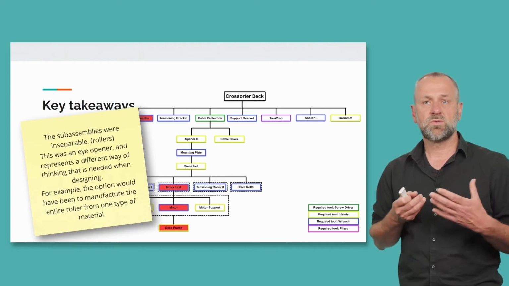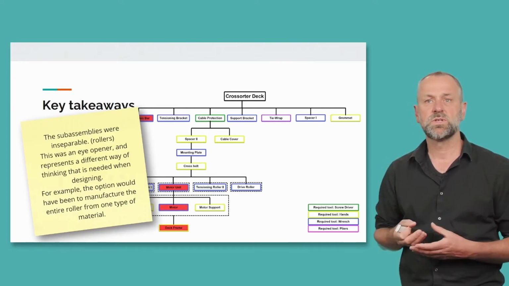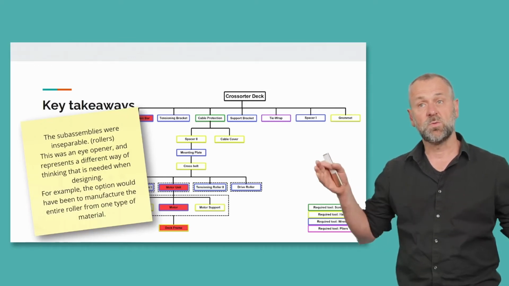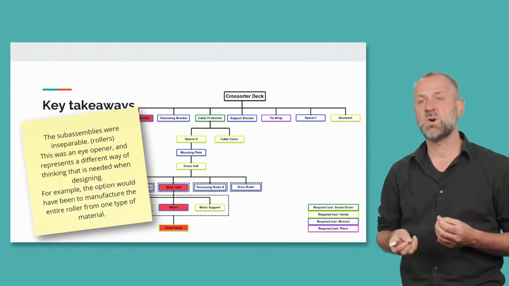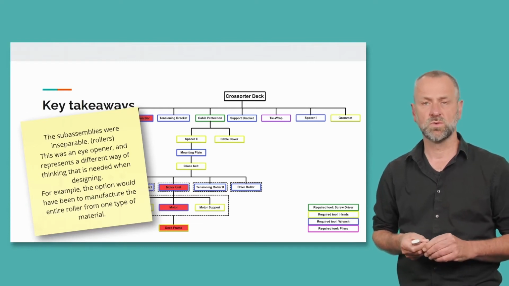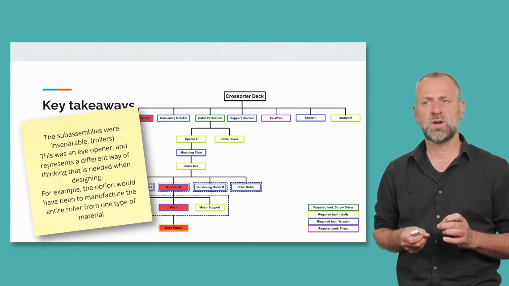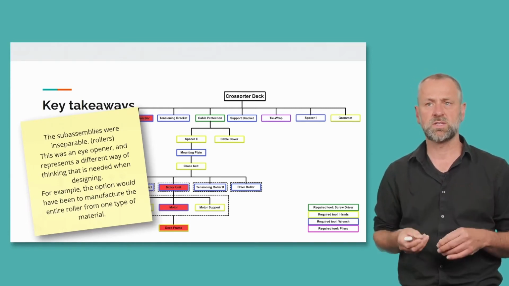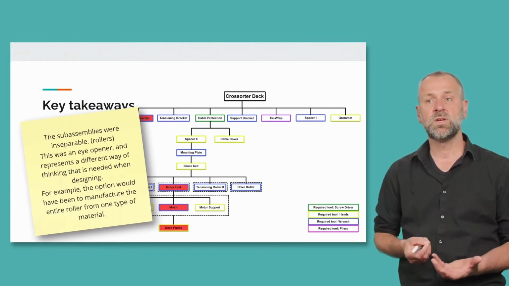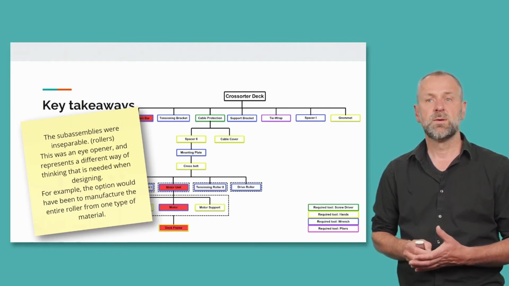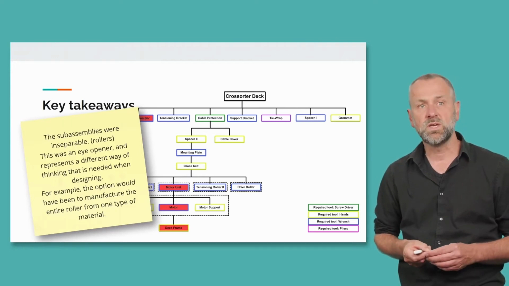Arno disassembled a cross-sorter deck. As we can see, the first steps concern a lot of serial steps, followed by two branches, and he used different colors in a smart way to indicate the different tools used. When going deeper into the product architecture, Arno found out that the rollers that were part of the cross-belt subassembly were separable and therefore needed to be cut out. By mapping this, Arno now knows exactly which part he needs to redesign.